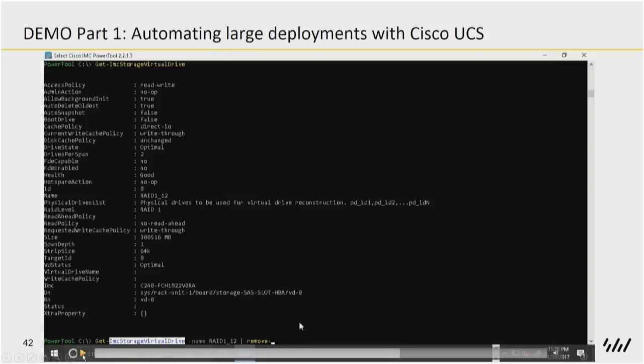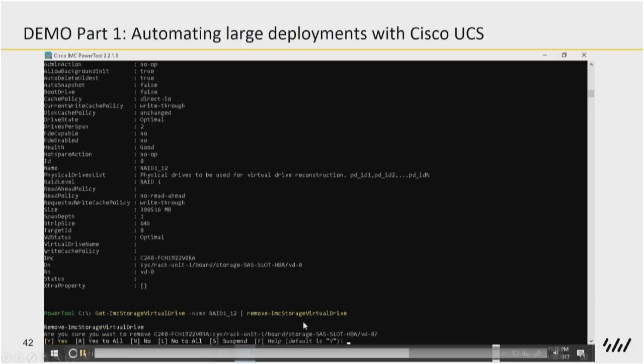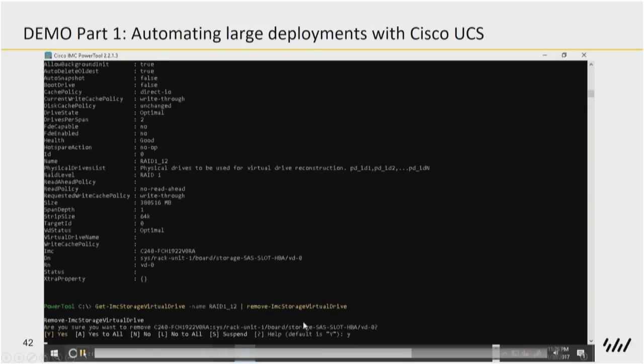define my RAID name. What I'm actually doing here is querying for the drive that already exists and removing it with PowerShell so that I can programmatically create a RAID 1 for boot and a RAID 5 for the rest of my storage. A couple of quick commands to remove and confirm. And then again, we'll get back a